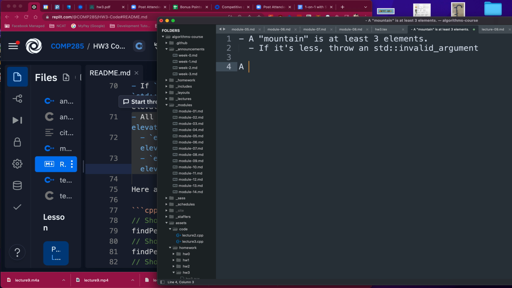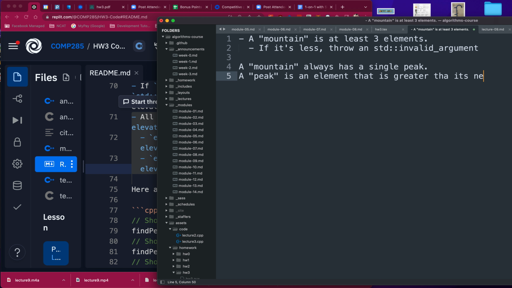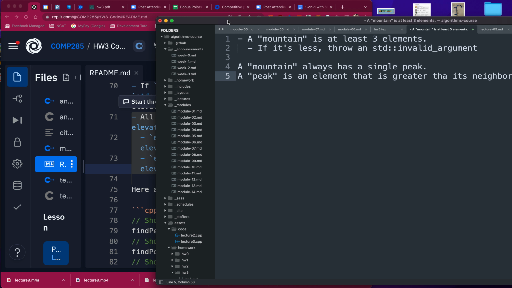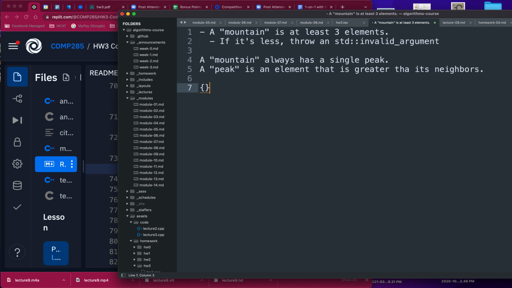Furthermore, a mountain always has a peak. A peak always has a single peak, so only one peak can exist. And a peak is an element that is greater than its neighbors. Okay, so what that means is that all mountains